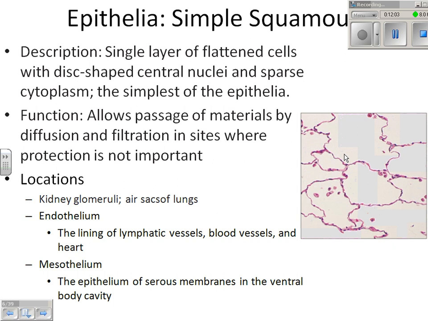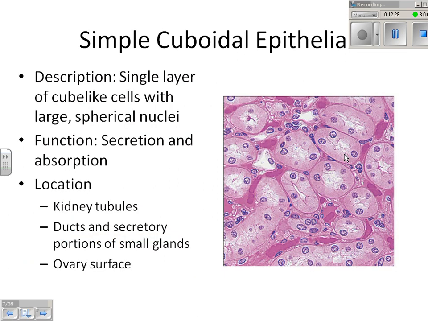The next type is simple cuboidal. And I'll give you a little hint. Very rarely do you see this type of tissue in the stratified version. It does come stratified, but mainly simple cuboidal. And look how boxy those cells are. And look how big and fat the nucleus is in each cell. And remember, we're looking at the apical surface. Now, because this is a cross-section, what you're seeing is little kidney tubules,